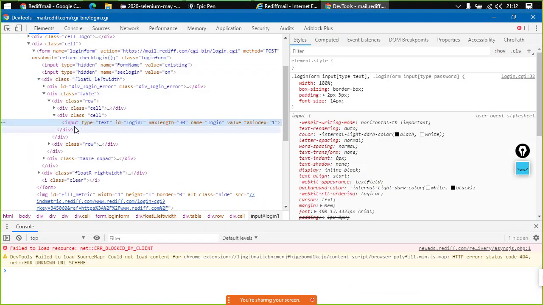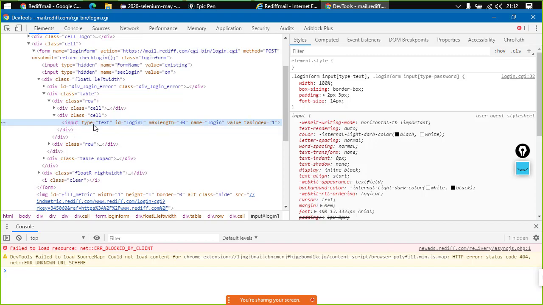Now over here, what attribute are we going to use? Whenever we deal with Selenium, we get these elements. Now we get access to this element. How? We try to use something unique.